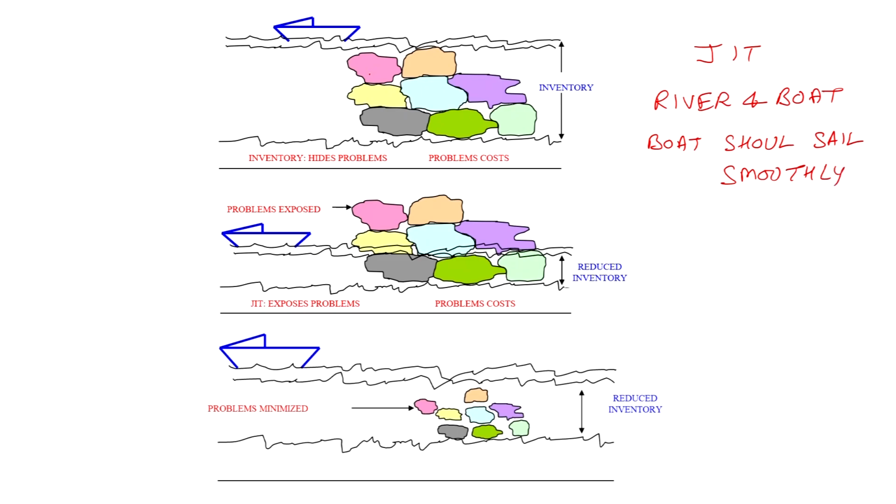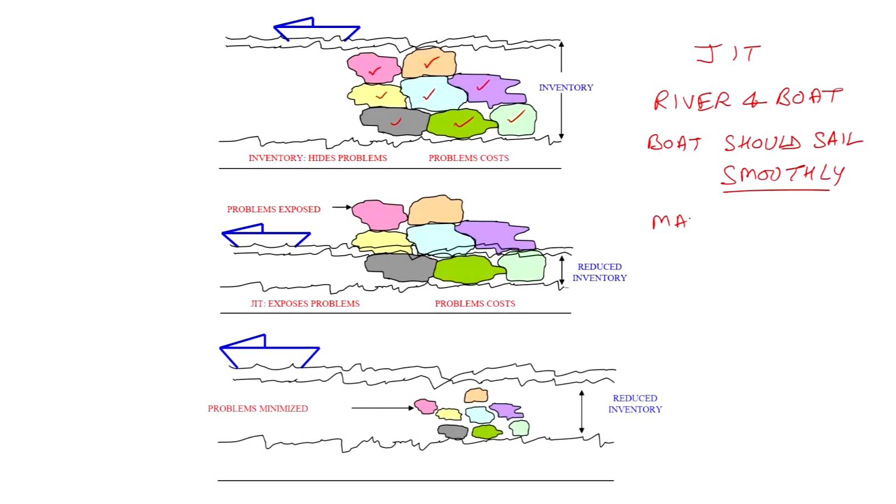This is the river and these are the rocks at the bed of the river. We want that despite having all the rocks etcetera at the bed of the river, my boat should sail smoothly in this. So, what is required for that? The boat can sail smoothly even if there are rocks at the bed of the river, if the water level is sufficient. If the water level is sufficient, boat can sail smoothly without even knowing that there are rocks at the bottom of the bed. In the same context, if we talk about the manufacturing system,